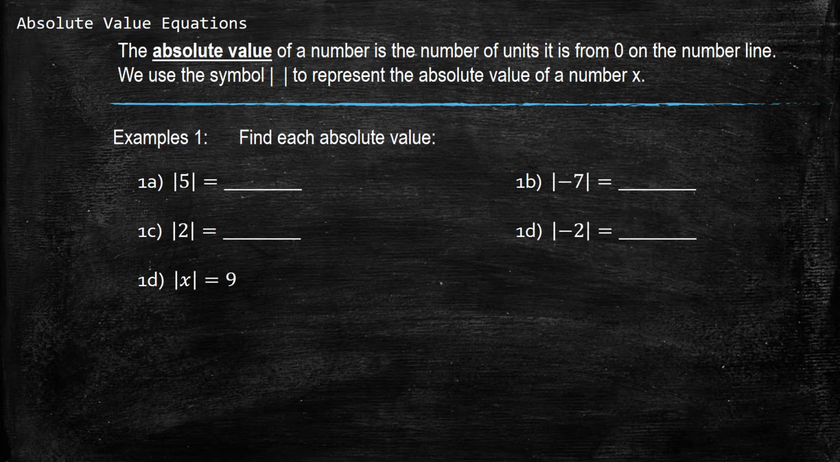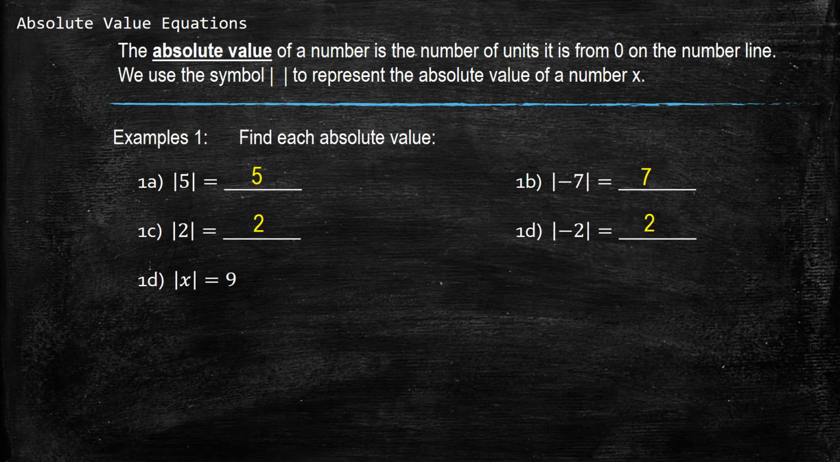The absolute value of 5 is 5. The absolute value of -7 is 7. The absolute value of 2 is 2. And the absolute value of -2 is also 2. So notice that the absolute value is always going to be positive because you can think of absolute value as